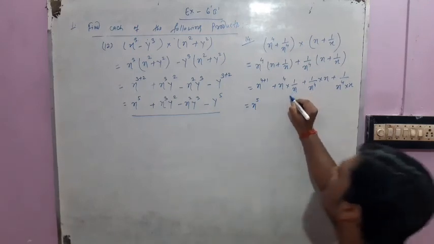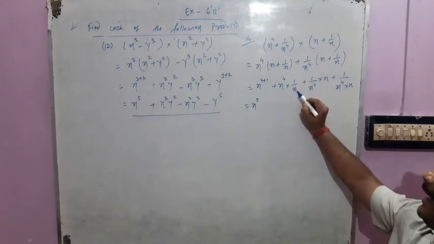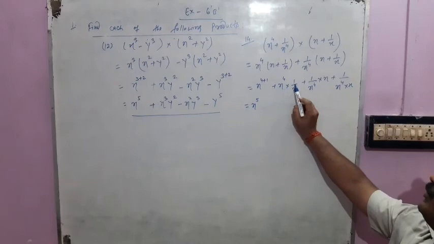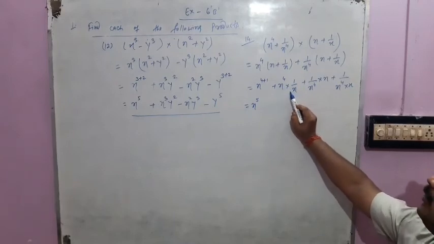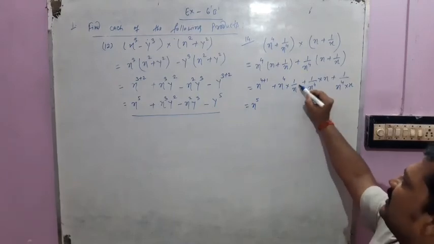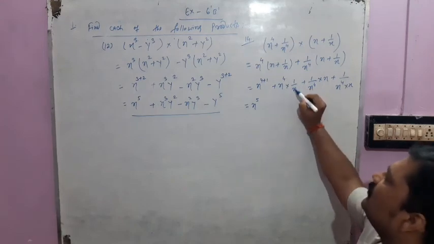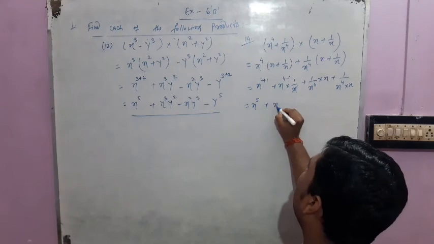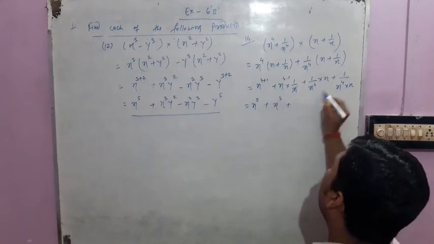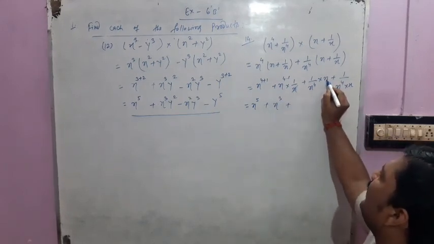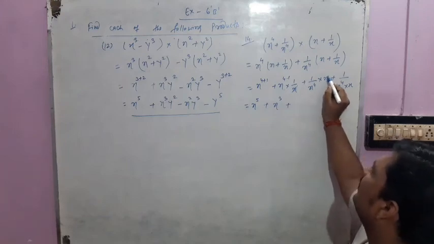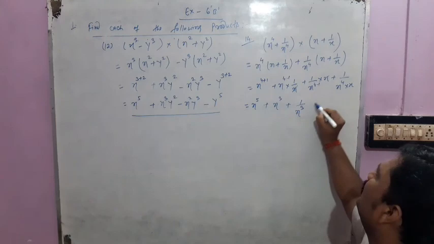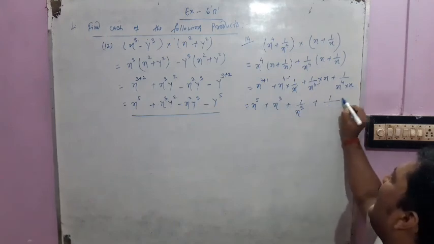Now here we have to reduce the terms. As we know, by the law of exponents, if we are dividing two exponents having the same base, then we subtract their exponents. Here the exponent of x is 1 and here 4, so when we subtract, that is x cube. Similarly here, students, when you subtract the exponent of this x from this x, we subtract 1. What is here? 1 by x cube. And here we have to add the exponents.